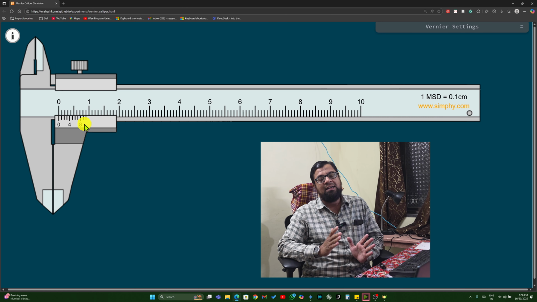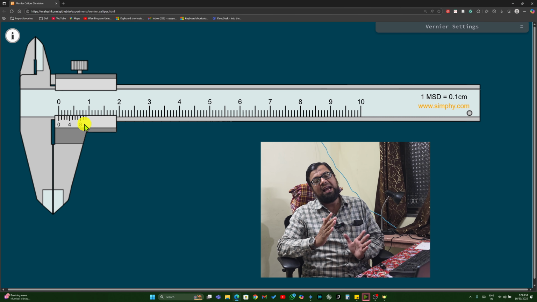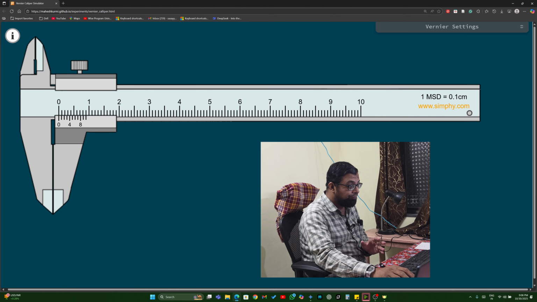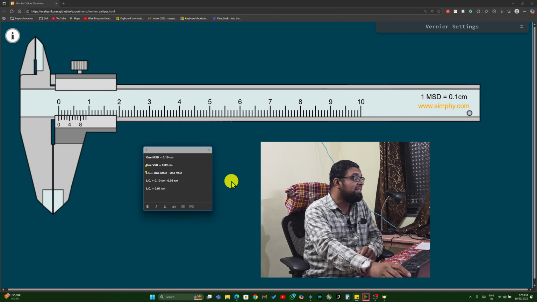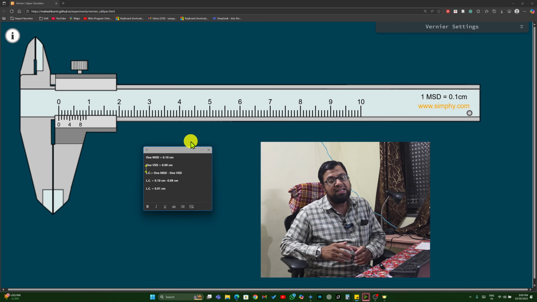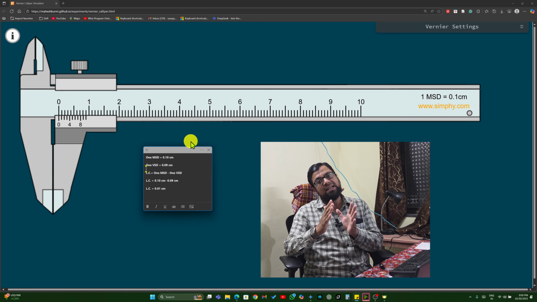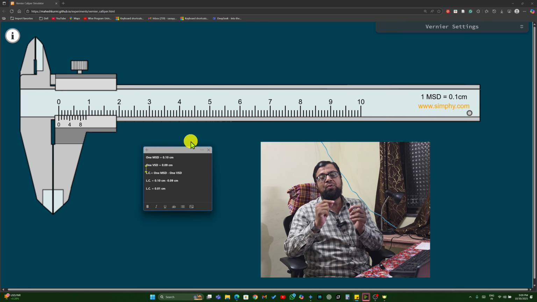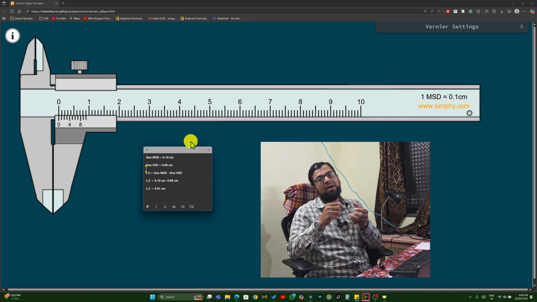It means that the 10th division is at 0.9 centimeter. Therefore, we have the main scale division as 0.1 centimeter, and for one Vernier scale division, since the 10 divisions are in 0.9 centimeter, one division will be 0.9 divided by 10, that is 0.09